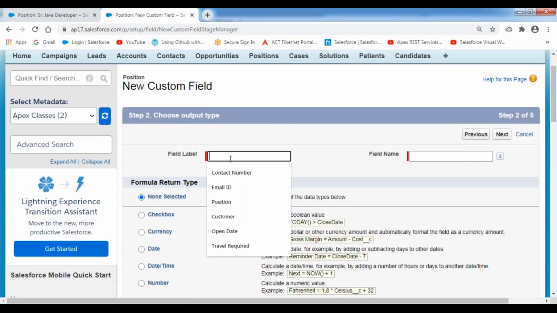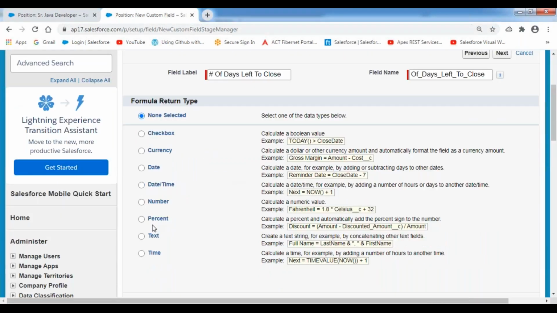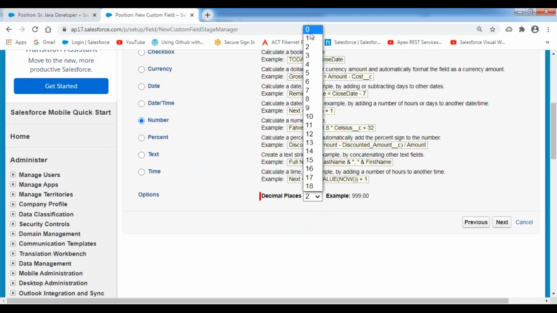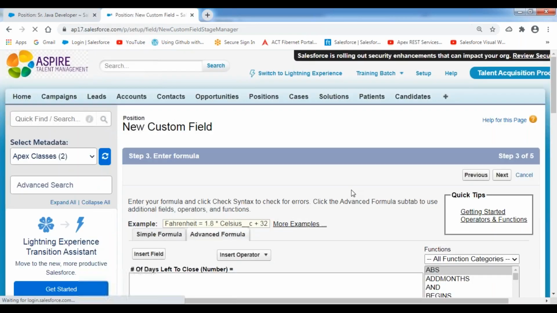I'm indicating the field name as number of days left to close the position here. Now that will be of type number, so I'm selecting the return type as number. I don't want the decimal places; I want simply the integer part. Go to the next button. Now specify the formula.